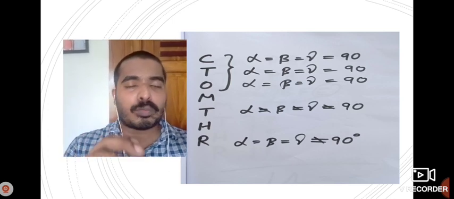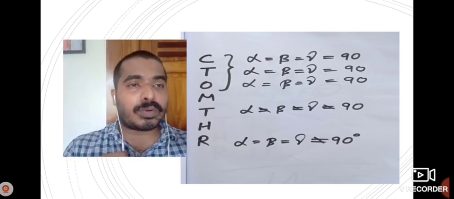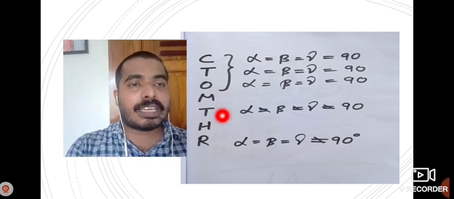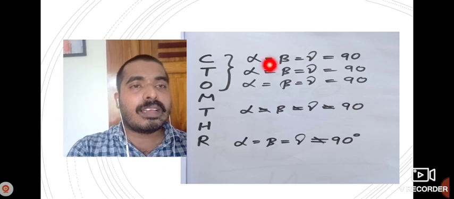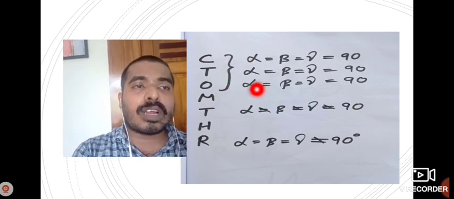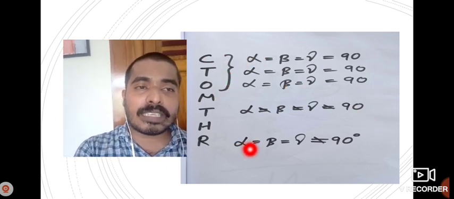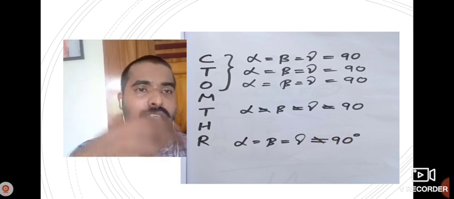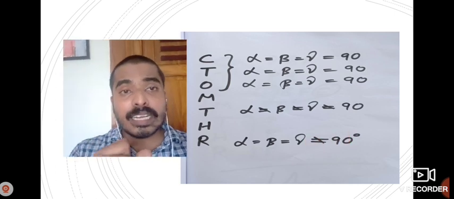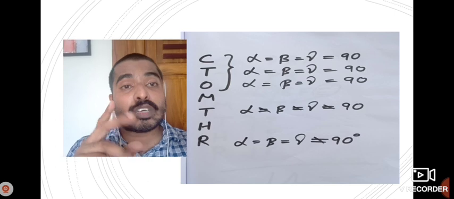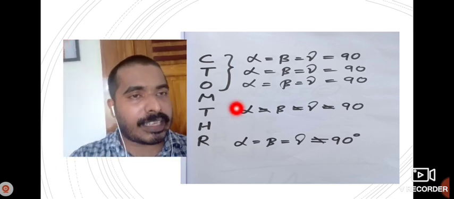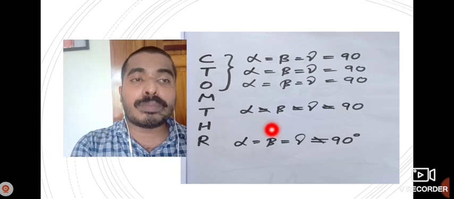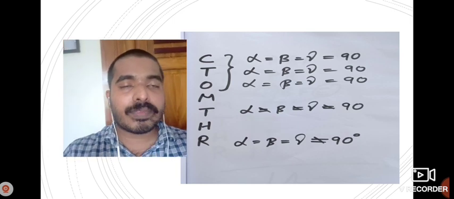Triclinic, hexagonal, rhombohedral, the last three. Triclinic, nothing is equal to 90. Cubic, first three, all are equal to 90. Rhombohedral, everything is equal but not equal to 90. Like that you can remember. Hexagonal is the only one having a 120. Alpha equal to beta equal to 90 but gamma 120 in hexagonal. That I didn't write here. You can write alpha equal to beta equal to 90, gamma 120.